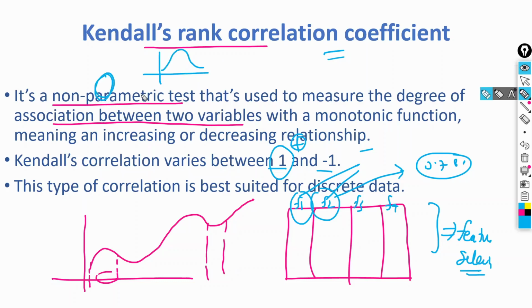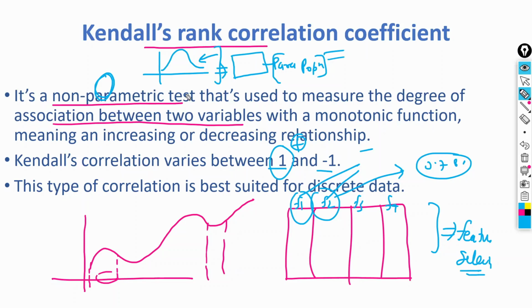So what is a parametric test? Parametric tests are those where the data is normally distributed. Here we perform the parametric test, and by using it we check the parameters of the population. How do we check? First we take the samples, then we perform some analysis by using the mean, median, mode, standard deviation, variance, and on that basis we get the parameters of the population.